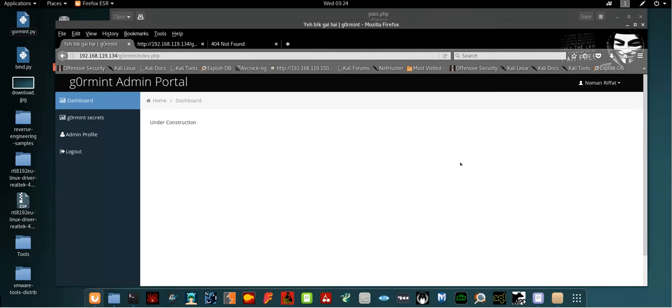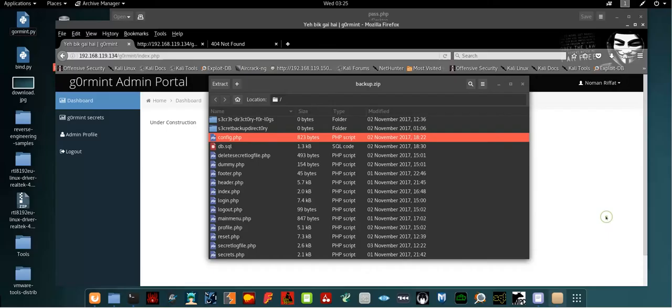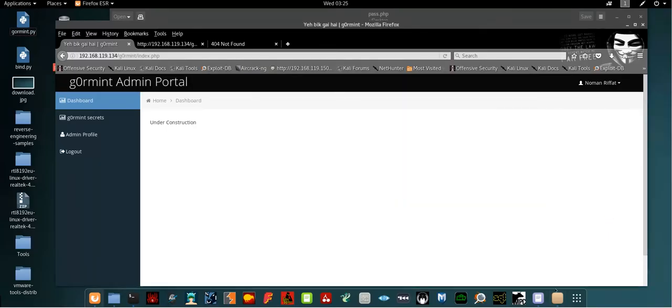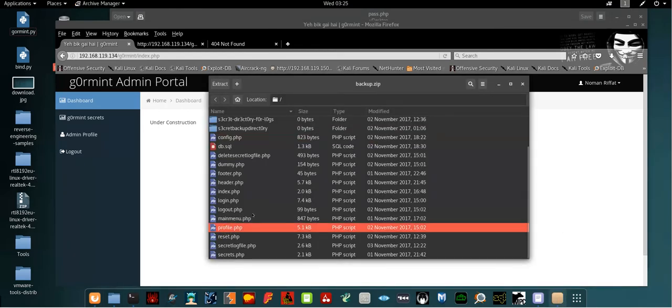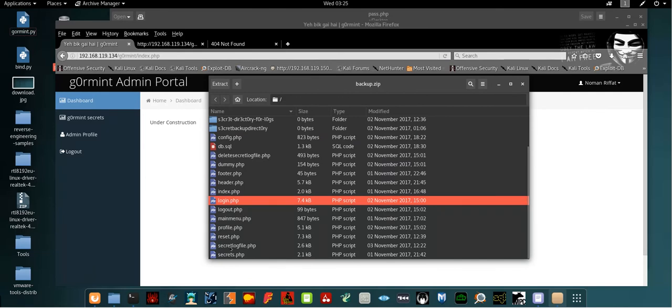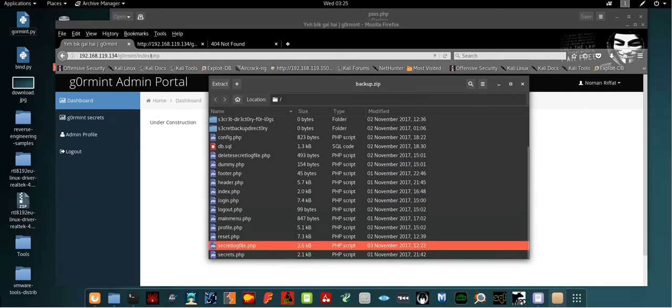You see here, I have accessed the admin panel of the web application, and this is the first step in pwning the web application. Now, after you have access to the administration panel, you can access any file among the files in the backup directory here. So if you try to access the secret log file from here,